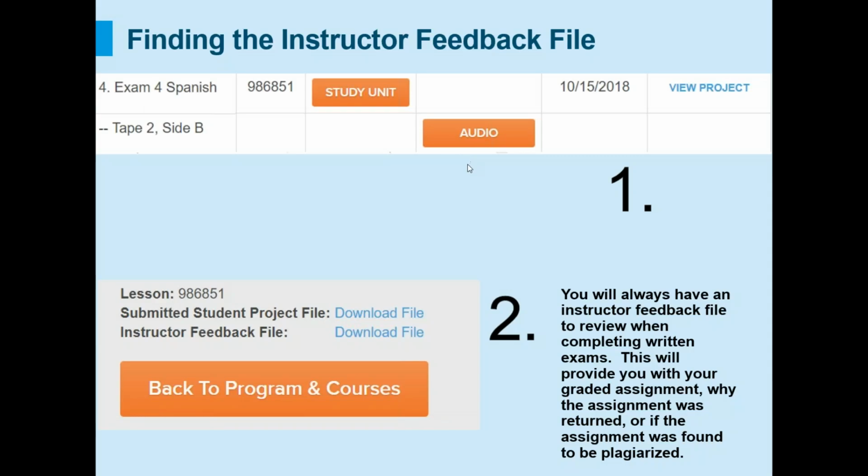So to find the instructor feedback file, you just navigate to the lesson you're working on, in this case, Exam 4 Spanish. Just click on the View Project. It may also be called View Feedback link to the side. And the second box will come up. You can either download your project that you submitted to us for grading, or the second one being the instructor